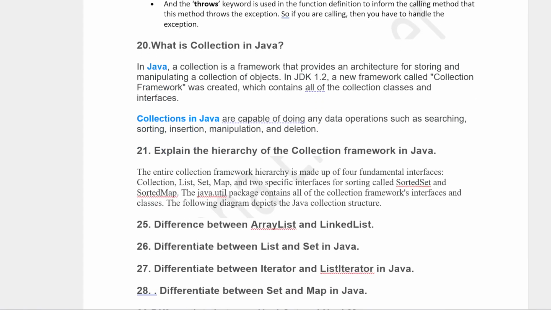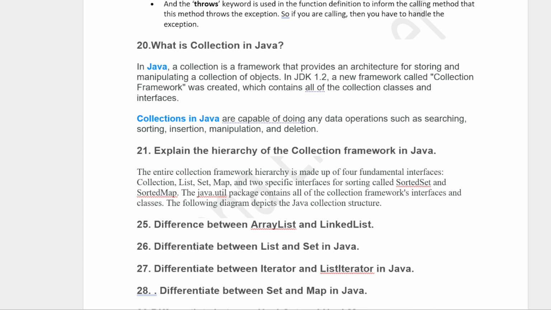So what is the hierarchy? When we talk about the collection framework, the first is the Iterable interface. Iterable interface is extended by the Collection interface. Collection interface is extended by the List and Set interfaces. Please understand, Map is not part of the Collection. List is implemented by ArrayList, LinkedList, Vector. Set is implemented by HashSet, LinkedHashSet, TreeSet, and is extended by SortedSet, and SortedSet is implemented by TreeSet.